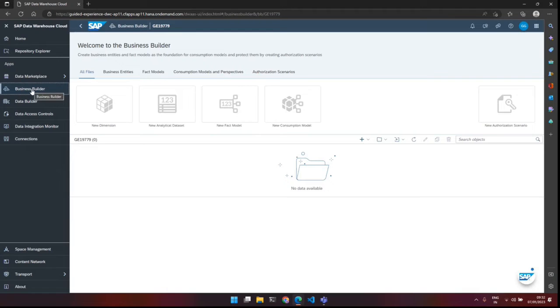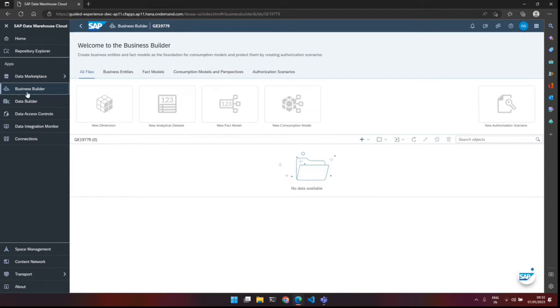So in the business builder, you create all the entities, I mean all the dimensions, measures, and data sets. One thing to remember is that until the data building layer, maybe you can have technical names, acronyms, etc. But when you come to this business builder, keep it very clean, descriptive, and understandable for the business users.